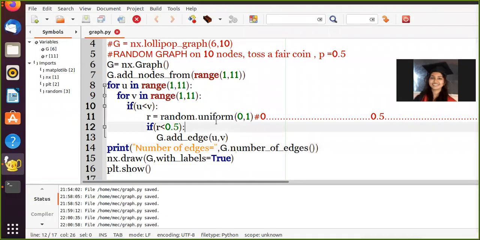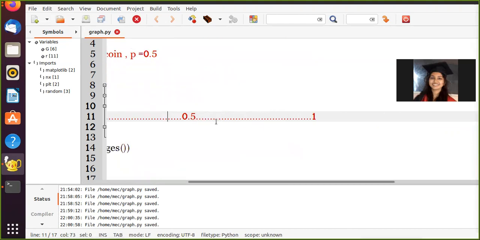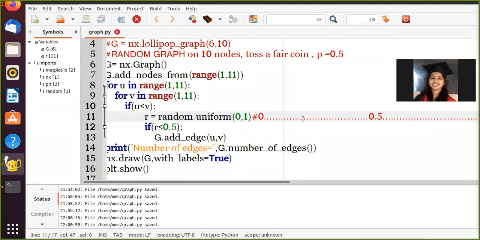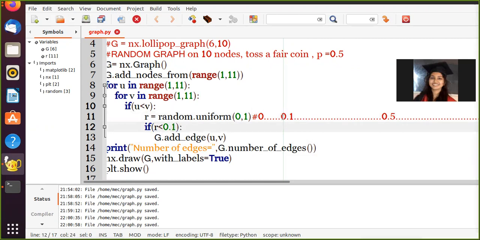Okay. So here we were putting an edge with the probability of 0.5. We can also change this probability. As we said, we might want a biased coin which puts an edge between two nodes, let's say with a probability of 0.1. So how will we modify this code? Modifying this code for that case is again very simple. Let's say 0.1 is somewhere here, and now we put a condition: if r is less than 0.1. What is the probability that r is less than 0.1? It's actually 0.1 only. So if r is less than 0.1, we add an edge, otherwise no. So whatever is p, we just need to substitute that here.